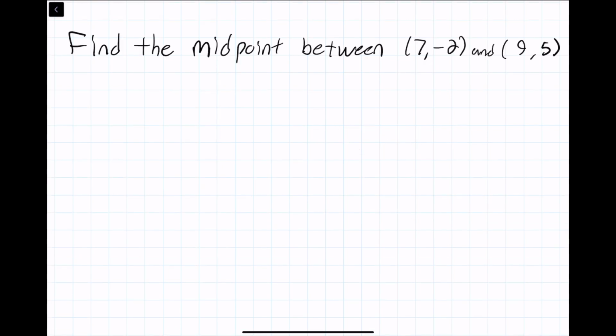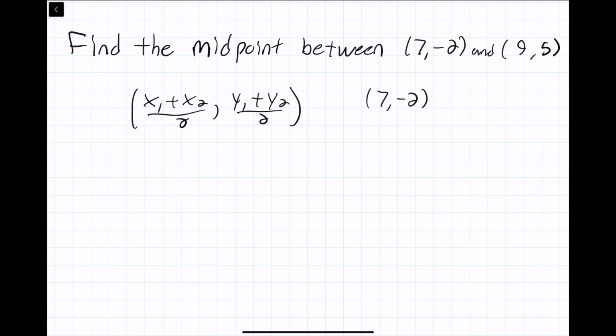So say the question given is find the midpoint between (7, -2) and (9, 5). So our midpoint formula is (x1 plus x2) over 2, comma, (y1 plus y2) over 2. So we know that (7, -2) is x1, y1, and (9, 5)